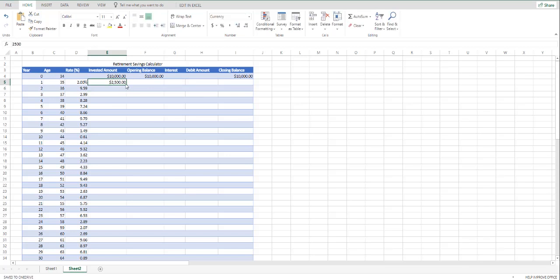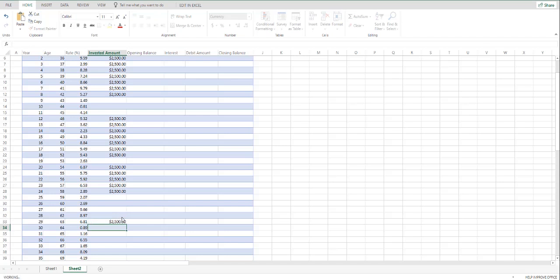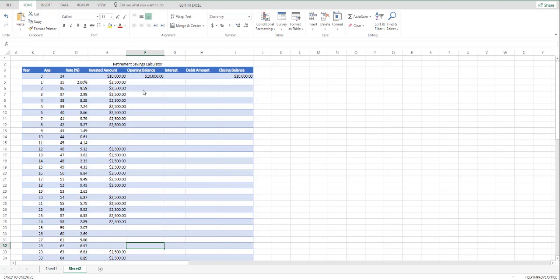Now let's say we decide to invest $2,500 per year, and that's from year 1 to 8. Then after a hiatus, we invest again $2,500, and then after some time period we invest from 20 to 24, and until retirement from 63 to 65. We have decided that the retirement age is 65. So we'll put in the